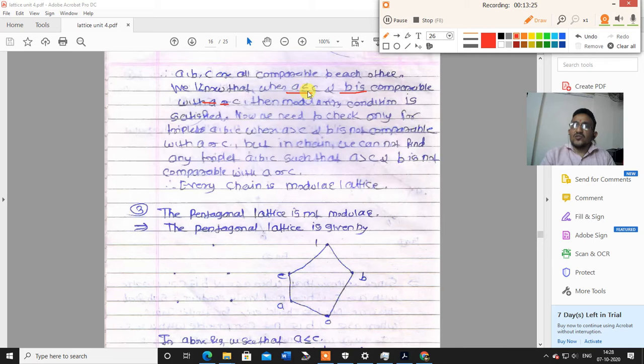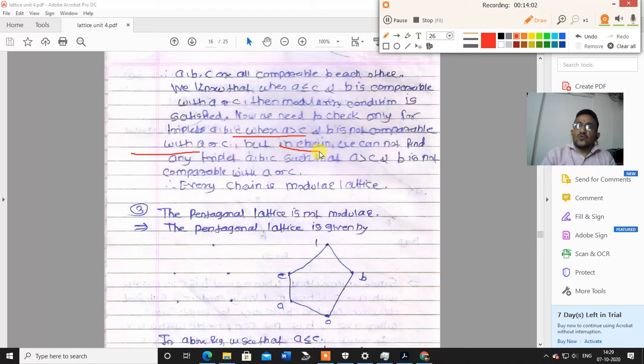आता आपण बघितलं की A is related to C असेल आणि B हा A किंवा C ला कंपेरेबल असेल, then this lattice is a modular lattice. ओके, मग एखाद्या लॅटिसला जर आपण मॉड्युलर लॅटिस नाही असं कन्सिडर करत असेल तर त्या लॅटिस मध्ये we can find a triplet A, B, C that satisfy the given condition: A is greater than C and B is not comparable with A and C. Okay, असं आपण शो करतो, ट्रिपलेट फाइंड केलं. We will find a triplet A, B, C that satisfy the given condition, then we can say that this lattice is not a modular lattice.